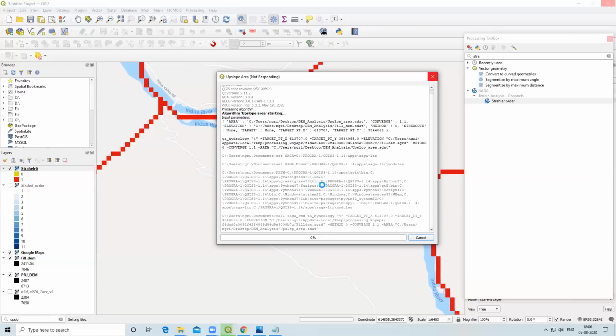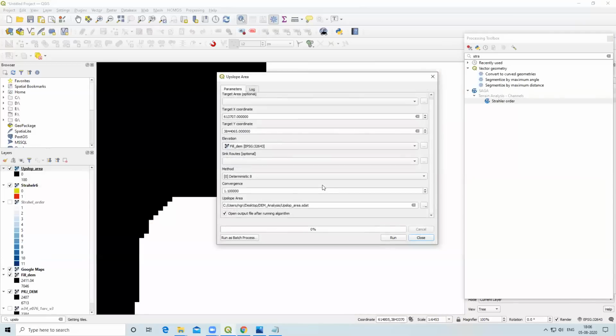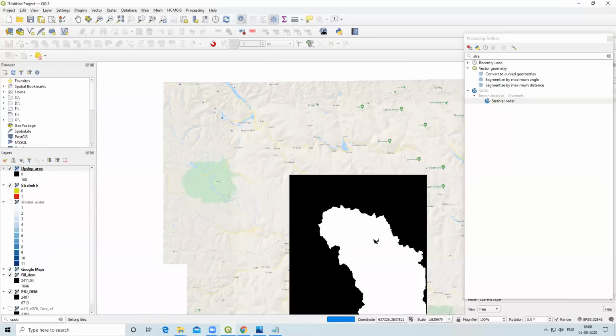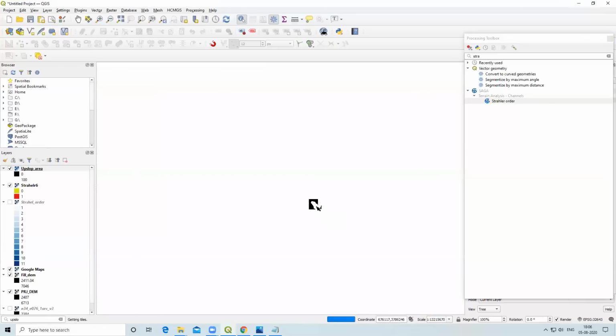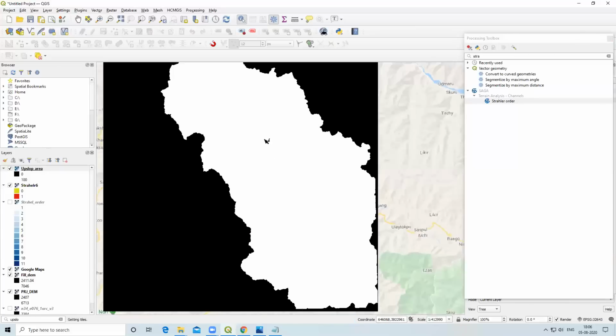I am selecting along the river because I want to know the watershed for this river. Now the process is completed. I will close it. Now you can see our watershed is created here.